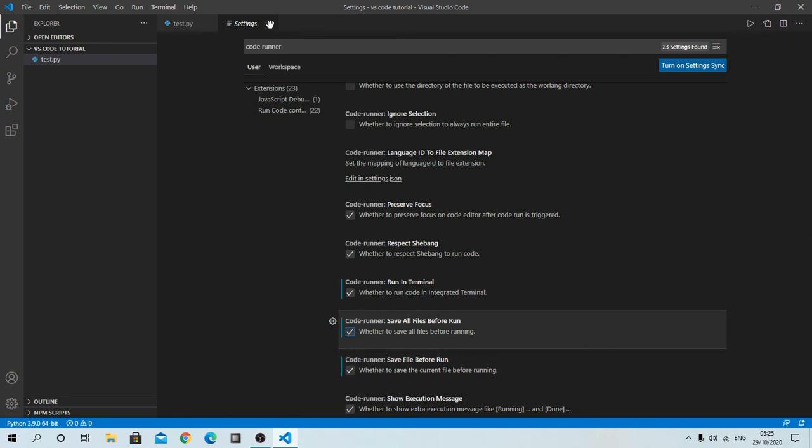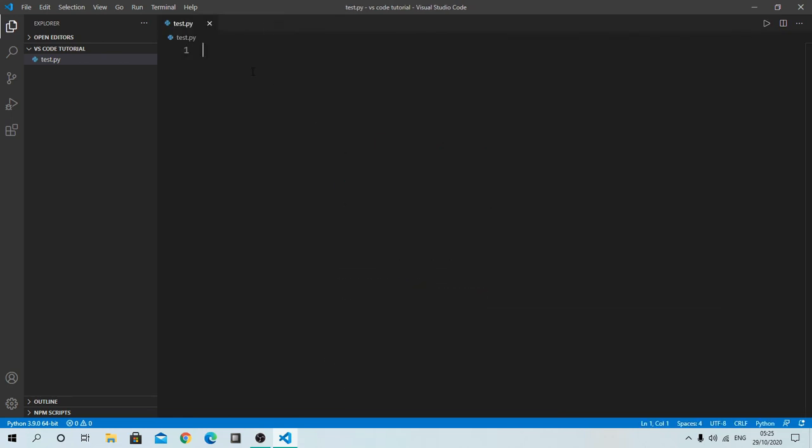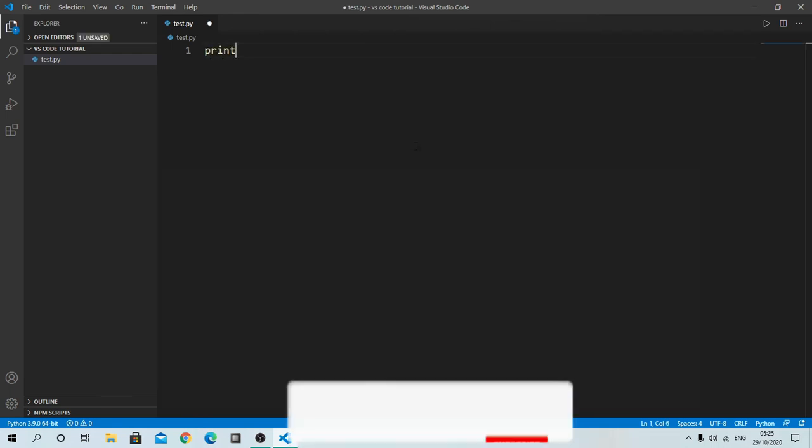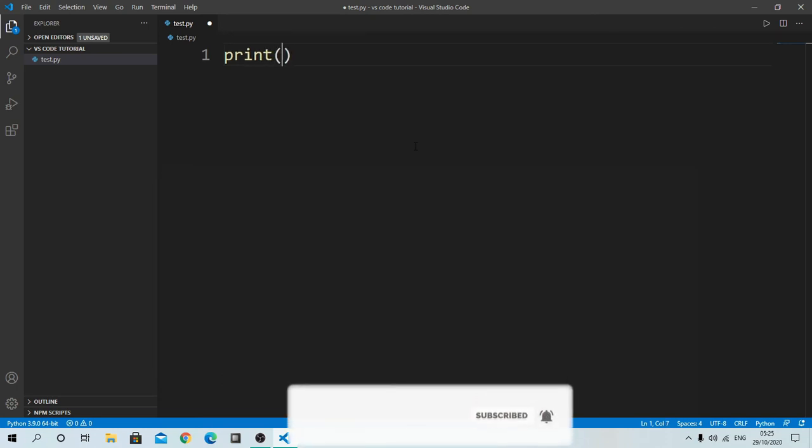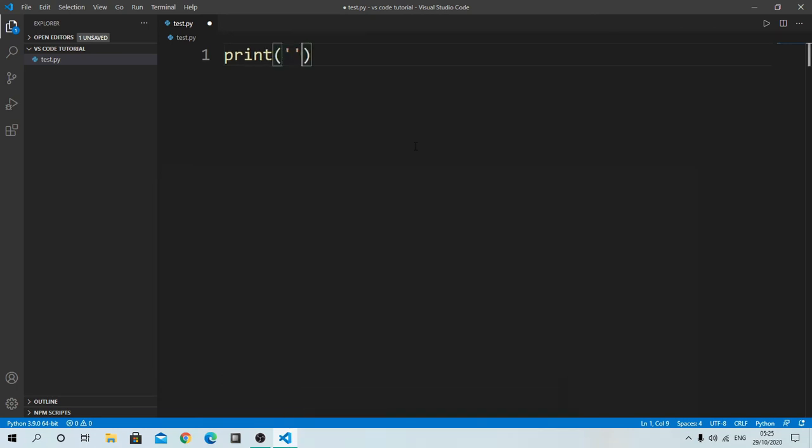And you can close this, and now we can type any normal Python program. So I'm going to execute the famous hello world statement here to check that everything is working fine. I will make this bigger by using control plus mouse wheel, and I will print hello world.